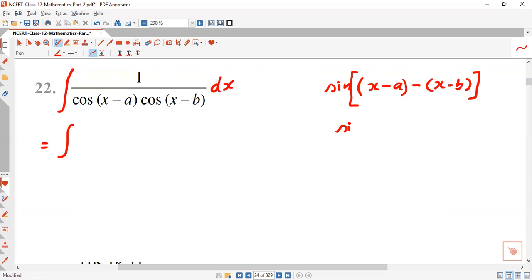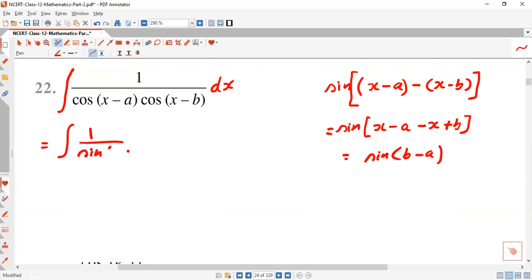If you simplify this, what are you getting? Sin(x minus a), since we have minus a minus x plus b, this will be equal to sin of (b minus a). So multiplying numerator and denominator, we are getting 1 upon sin(b minus a)